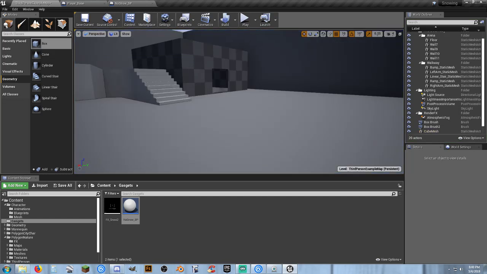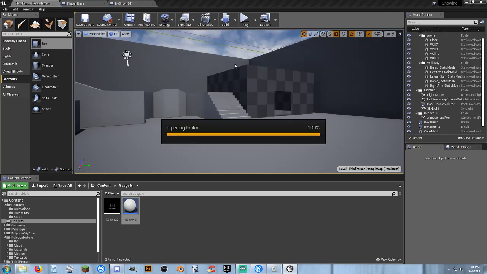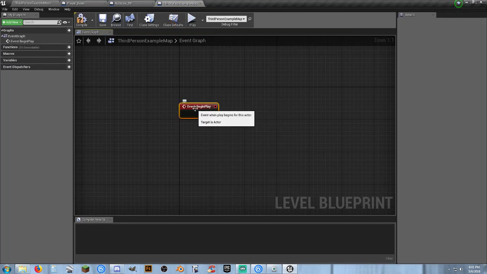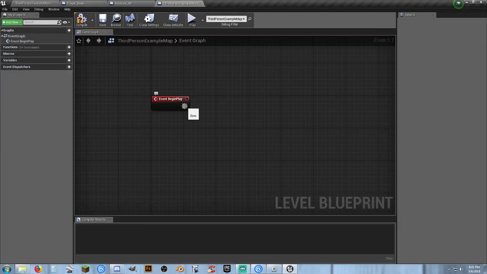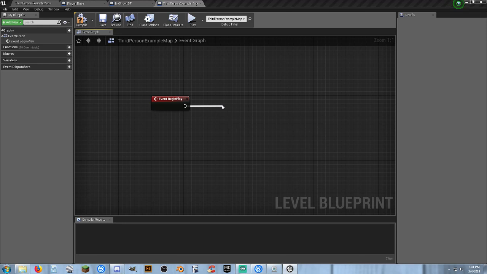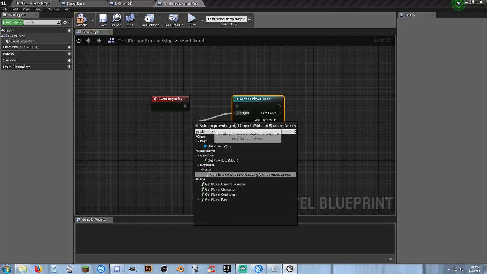So what we can do though also is trigger it in the map. So we want snow to be going on. We can actually come in here in blueprints, open level blueprint, and event begin play. Let's actually go in here and finish this custom event. Cast to player underscore base, and we want to get player character,